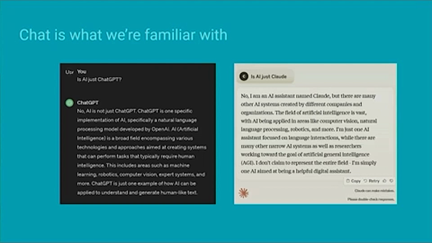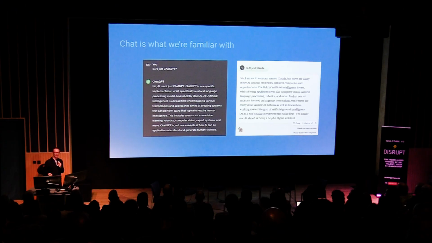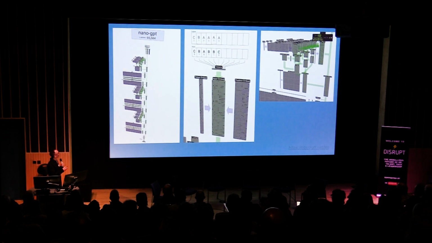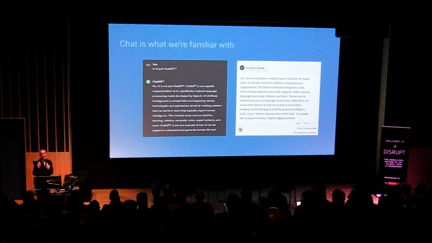So, chat is what we're familiar with when we think about AI. We've seen lots of examples of that just now with the previous speaker. And we're used to interacting with text, asking it questions. But AI is more than that. We can do very specific things with AI, and I want to give you a flavour of the kinds of